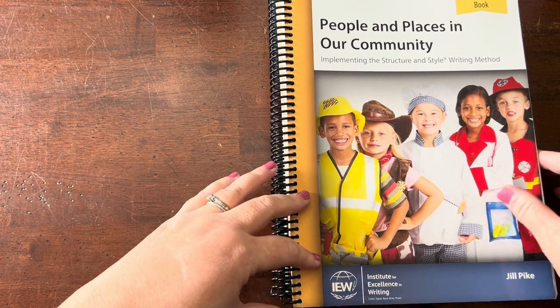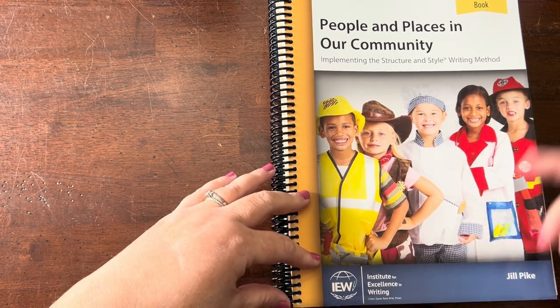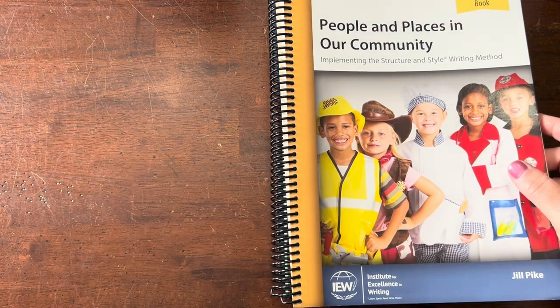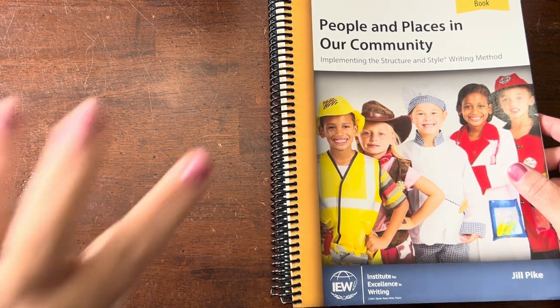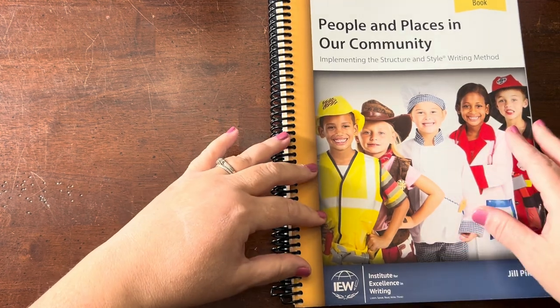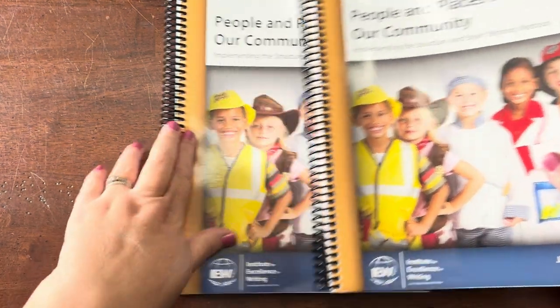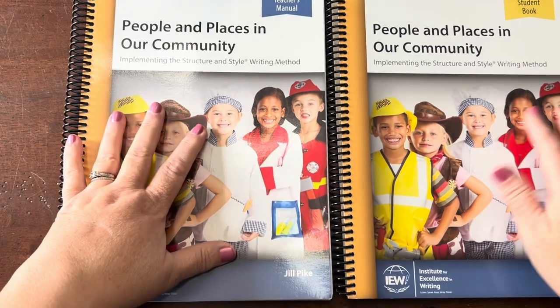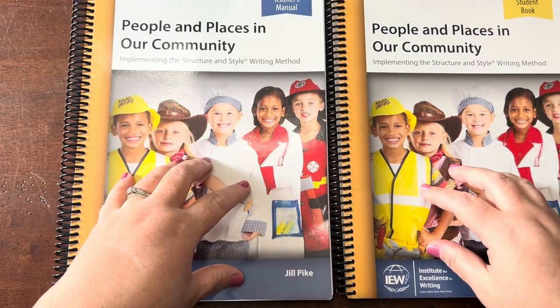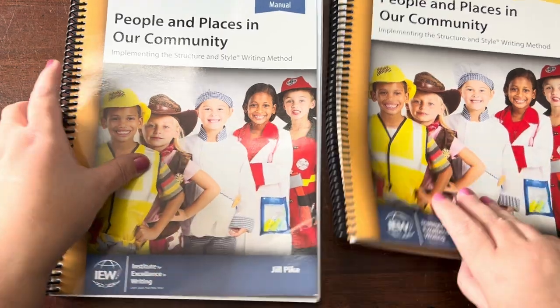But I thought for him, maybe before he gets to that, this might be something I could use for writing when we finish Writing and Rhetoric that we're doing right now. And we still do The Writing Revolution, and that just gets weaved into everything that we do. But I really liked the idea of this, so I am going to try to age this up for him. And again, I can make a video on that if you're interested in how I'm going to do that, or